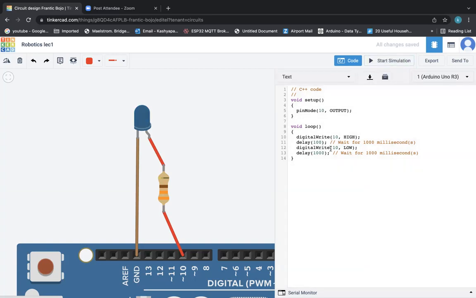And then I want you all to reduce this second delay, which means the delay which keeps the LED low, also to 100. Now let's see, it will blink faster. See, it is blinking very rapidly.